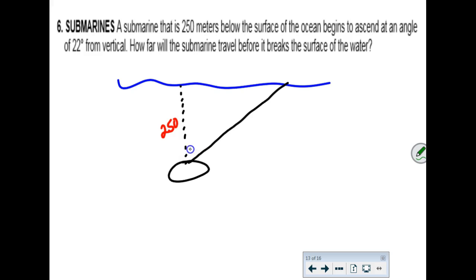My friends who just came out of trig, you're going, oh man, this feels like a bearings question. It is. It's like a baby bearings question. So this angle right here, this is 22 degrees off vertical. So instead of going straight up, the submarine is going 22 degrees